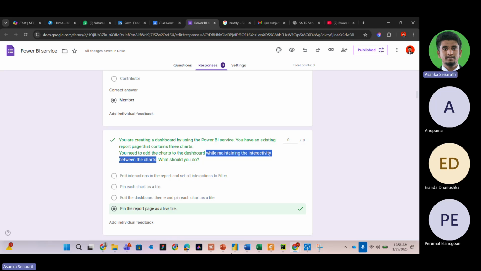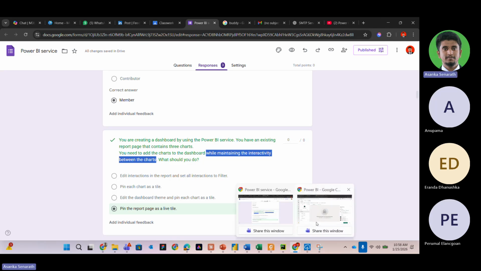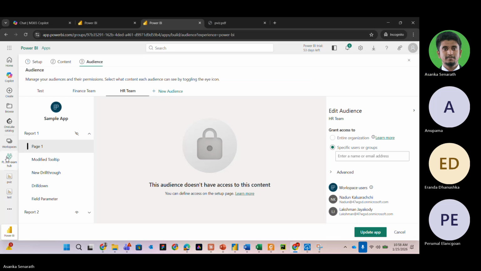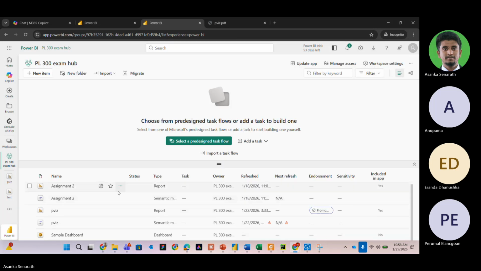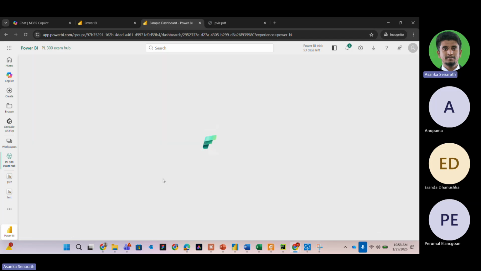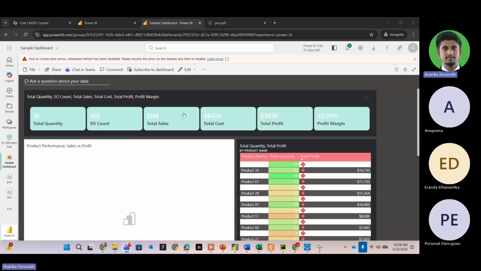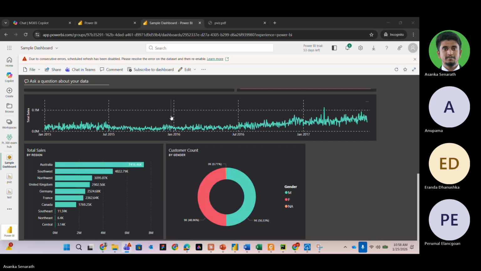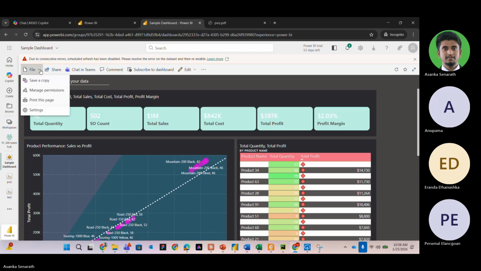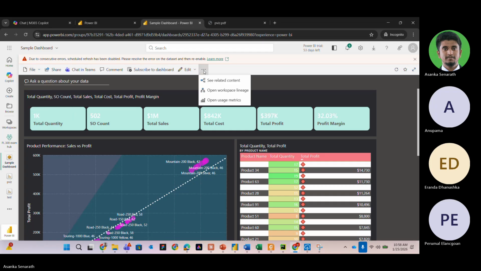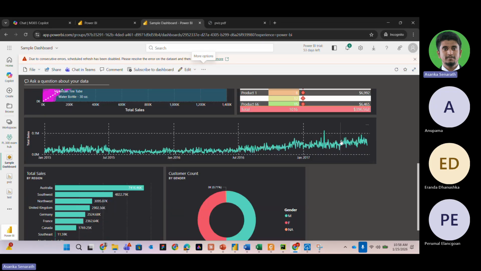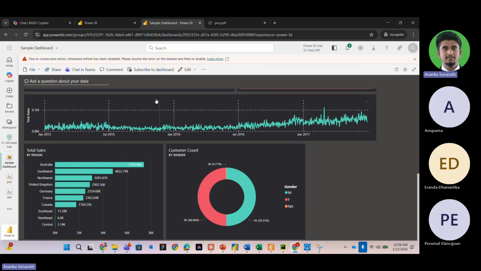So let's go to that particular one. We have this dashboard. If I open the dashboard, what it's saying is we have to add a tile here while maintaining the interactivity, right?